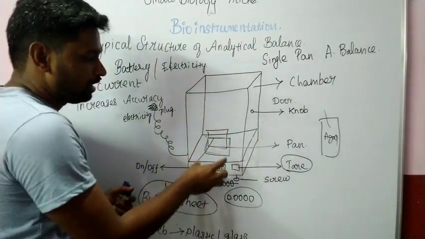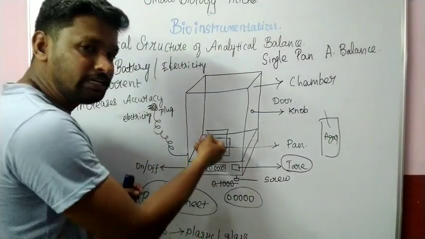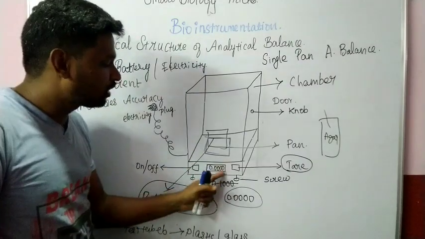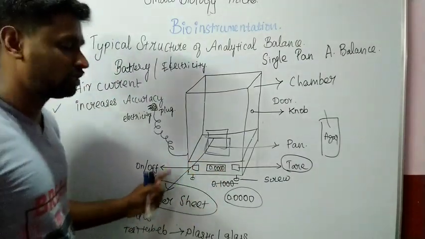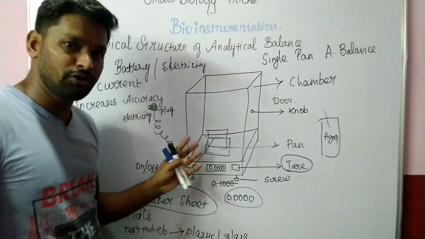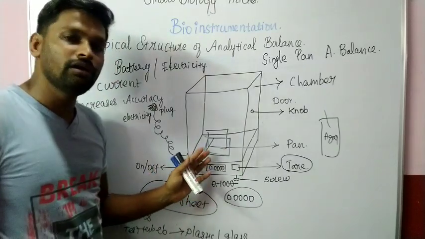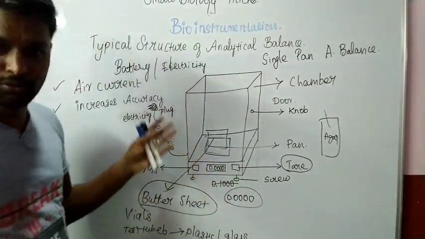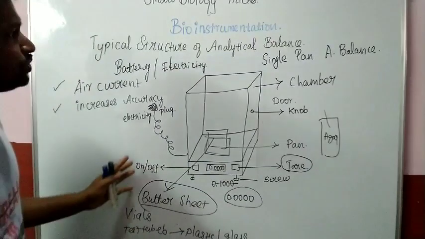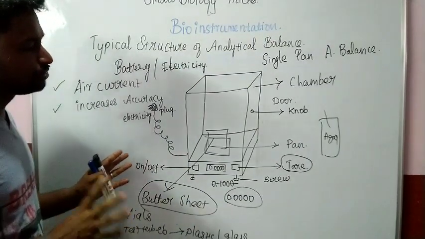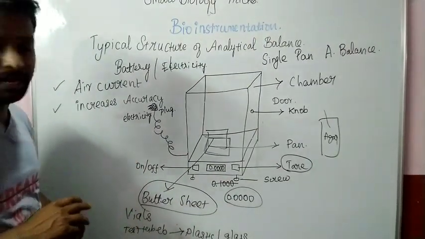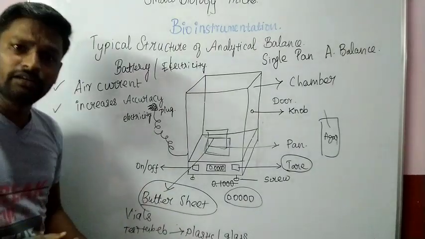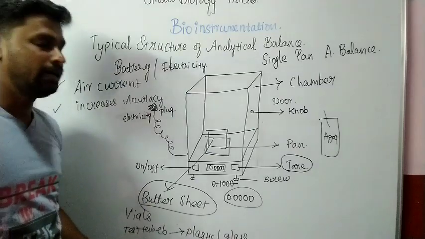If you add excessively, you have to take out the excess amount of chemical, so that accordingly you can measure your requirement. Whatever the requirement is for your practicals, you have to measure perfectly and accurately, and then make use of that. So this is how you have to use this instrument called the analytical balance. Next we will discuss the care and maintenance of the electronic balance.